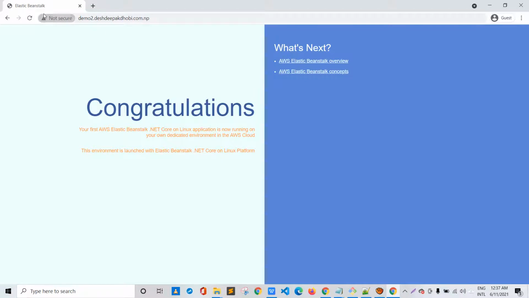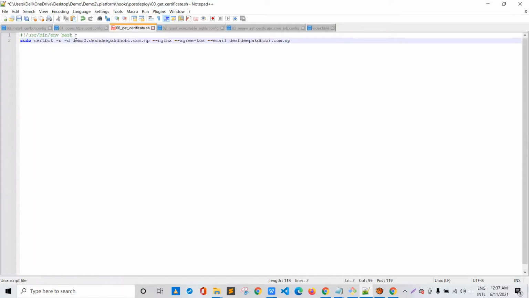As we have configured the code over here, and inside that we have written demo2.destipakdobi.com.np, email address also given. Okay, it's not a valid email address. So this simply means that our code will be up and running, and we don't have to manually go inside our server and run specific commands, and don't have to worry about the vanishing of the Nginx configuration files.